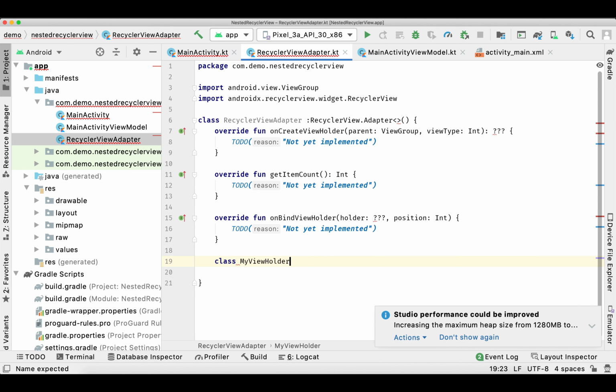Inside the adapter, we need a holder class. So I'm creating a separate class for our view holder.